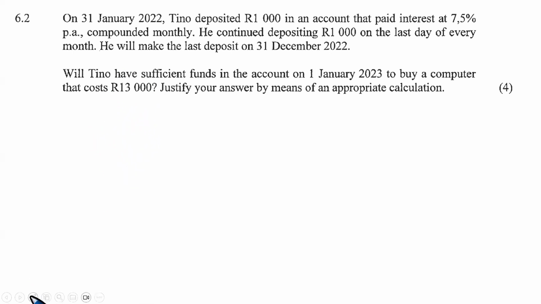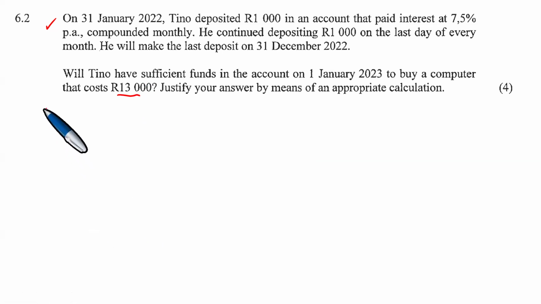Okay, it's a long story, so we need to read for the second time to make sure we understand. On 31 January 2022, Tino deposited 1,000 Rand in an account that paid interest at 7.5% per annum compounded quarterly. He continued depositing 1,000 Rand on the last day of every month. He will make the last deposit on 31 December 2022. Will Tino have sufficient funds in the account on 1 January 2023 to buy the computer? So anyhow, the computer would actually then cost 13,000. But now look,